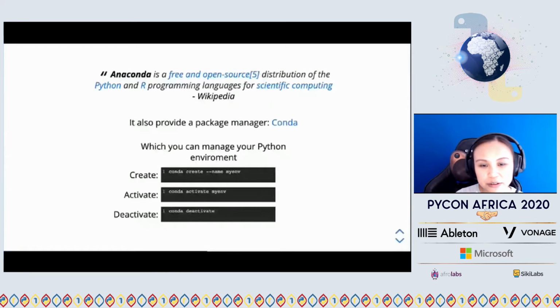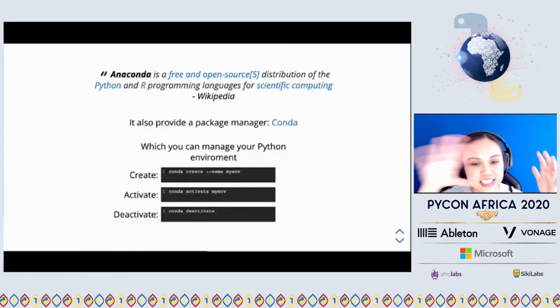I only want to download the things that I use. Then you could download your own Python and do things the other way. But I'm talking about Anaconda here because it's popular and it's free. So yeah, and what comes with Anaconda, what is in this Anaconda gift box, is that it has something called